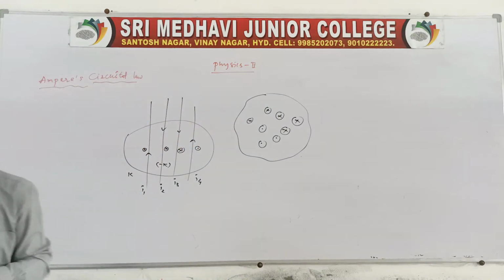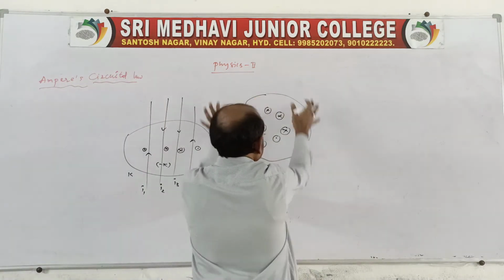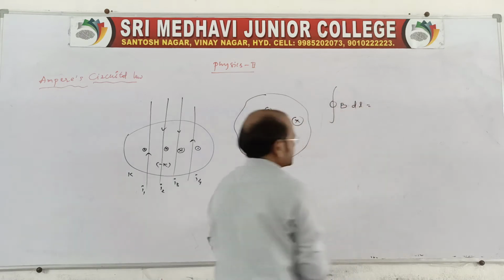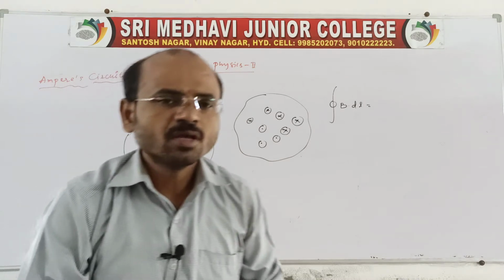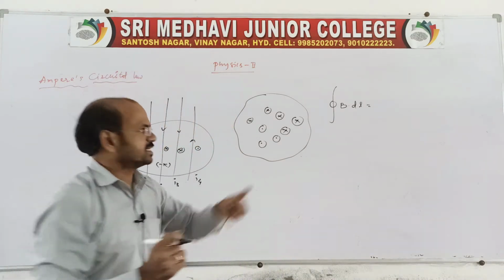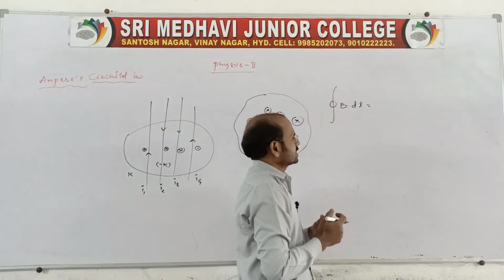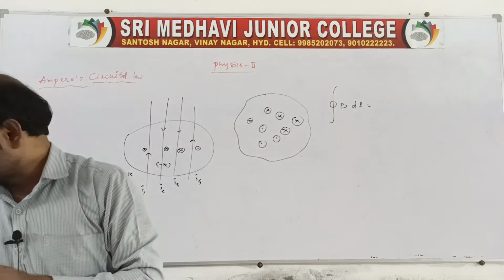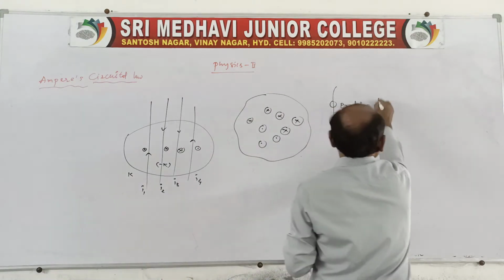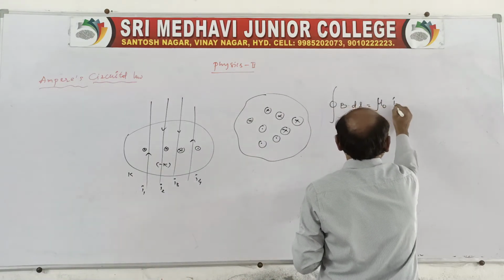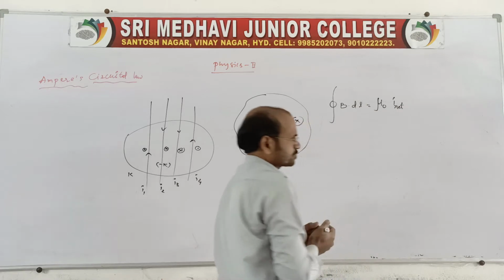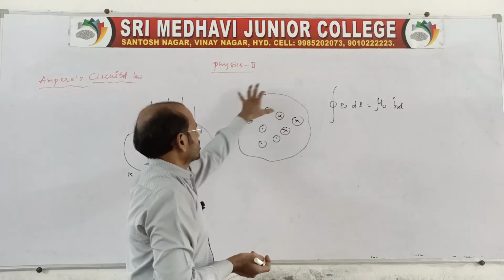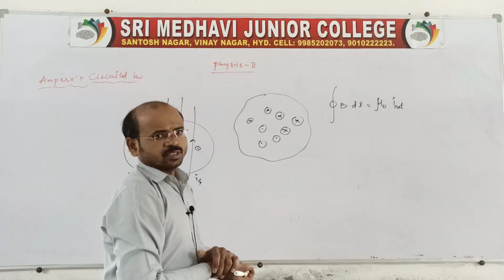Therefore, Ampere's law is stated as follows. The closed integral of B dot dl, where B is the magnetic field induction, which we can also call the line integral; closed here means line integral. The closed integral of B dot dl is equal to mu naught times the net current carrying conductors which are held in the closed loop.